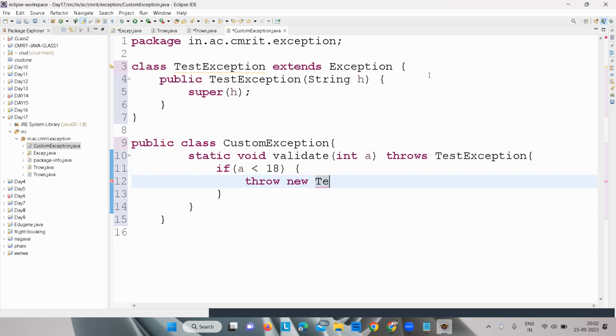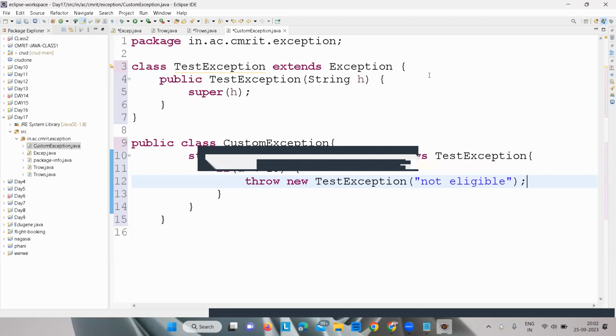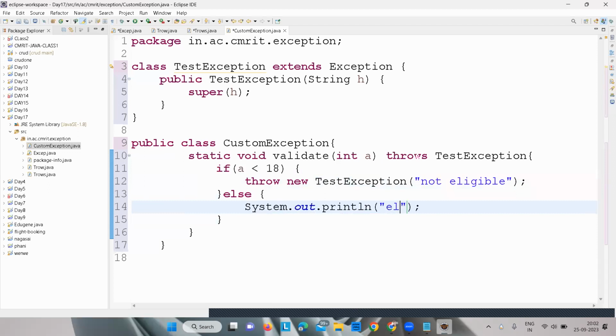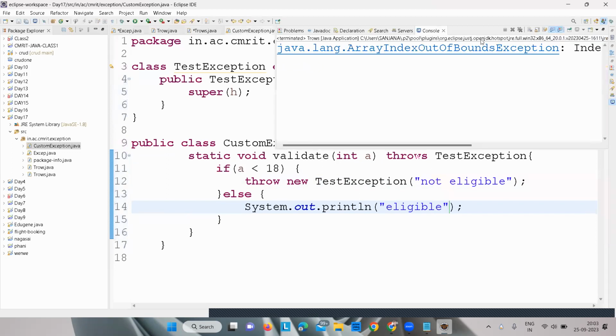Test exception, right? And it takes a string which says not eligible, like this, and then we can directly go for else which says eligible. Okay, if I run this one,